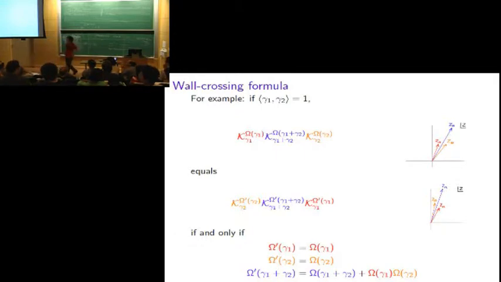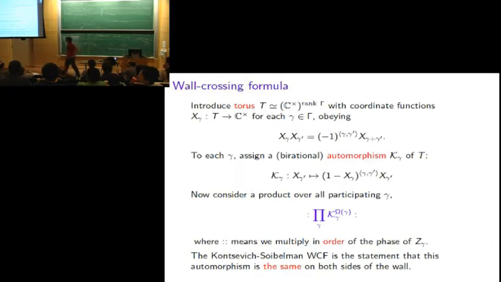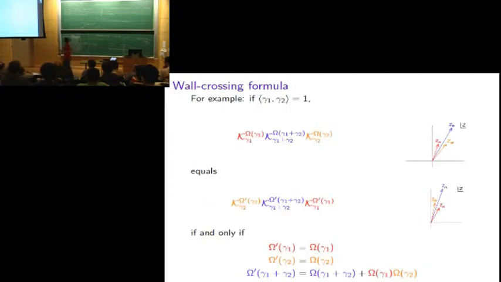In the previous slide, the definition of the automorphism, when the pairing of gamma and gamma prime is negative. Yes, you mean that it's birational. Oh, so yeah, I'm not worried. Don't be concerned. Think of x gamma as being a very small number. Think of this in some formal algebra. There's a way of making it precise, but that part is not a real issue.